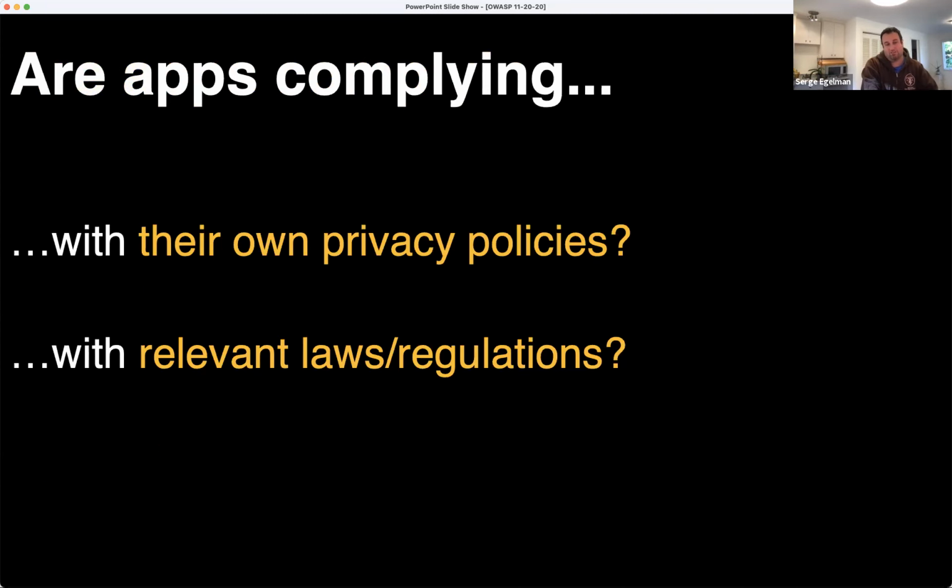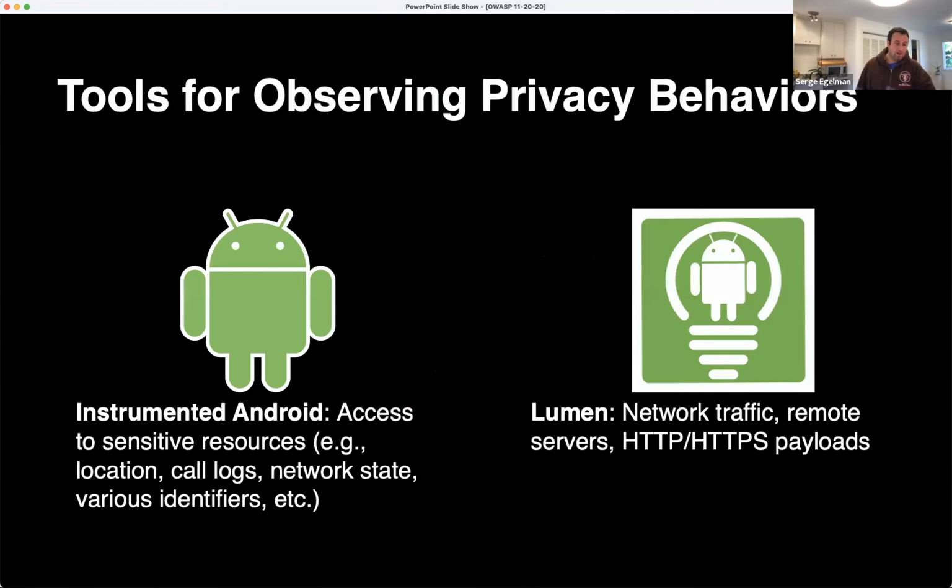And so we've been looking at this at scale over the past couple of years now. I think since about 2015, 2016, when we started looking at mobile apps to see whether or not their privacy policies actually match what their behaviors are and whether those actually comply with the relevant laws and regulations. To do this, we combined two different tools that were going on at the Institute. My lab had been working on a version of Android that we had instrumented. Basically, we had modified the kernel to look at what files are being opened and what executables are being run, as well as instrumenting other layers within the Android OS.